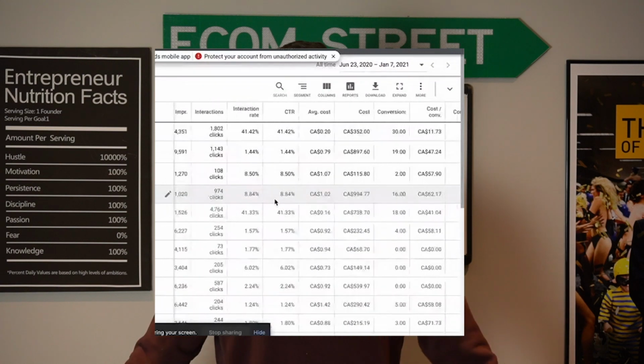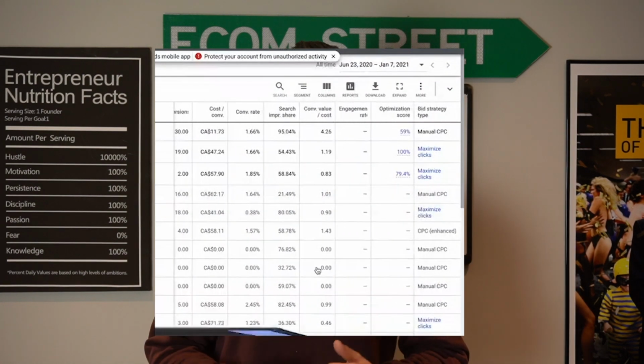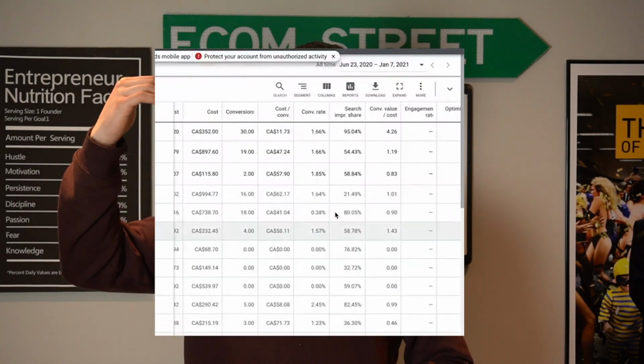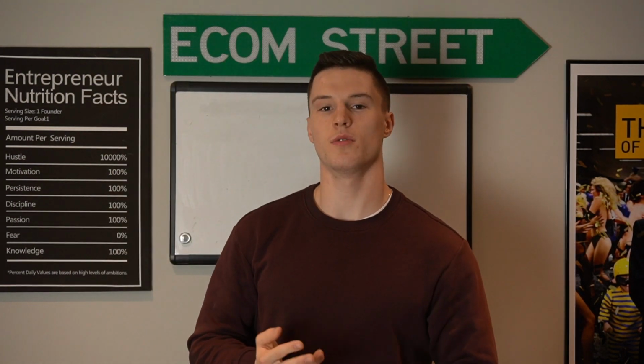In essence, in 20 seconds, all that really means is whenever someone is searching your brand name on Google, you want to show up at the top of the search results every single time. People might use your brand's name as a negative keyword in their search campaigns or shopping campaigns, which could then affect where you show up even if you're spending money. So you want to make sure that you have your brand search campaign on, because if people are watching your viral TikToks and then going over to Google and searching your brand's name, perhaps because they want to find a certain item, you want to show up first every single time. Most people will just type in your exact brand name and hit search, and if they do something along those lines, you'll show up first and you'll always be there.